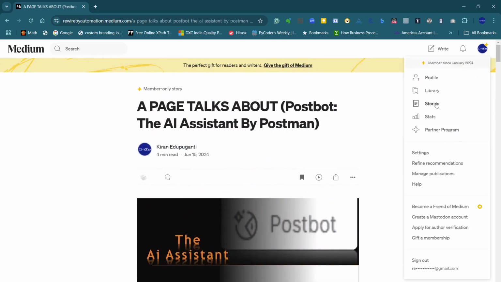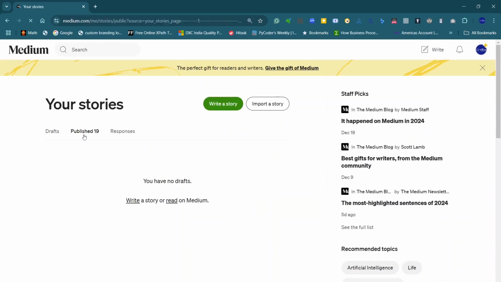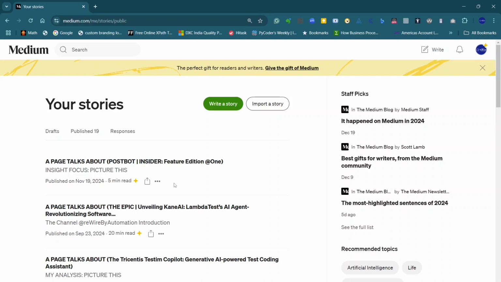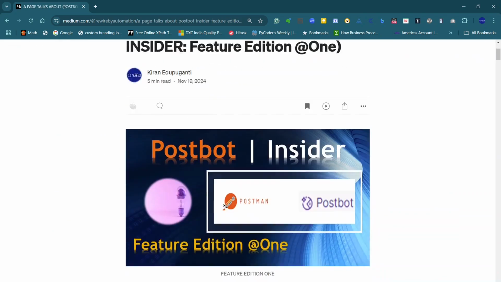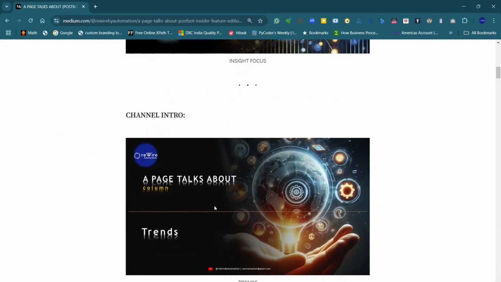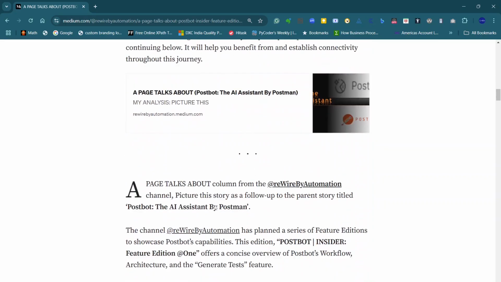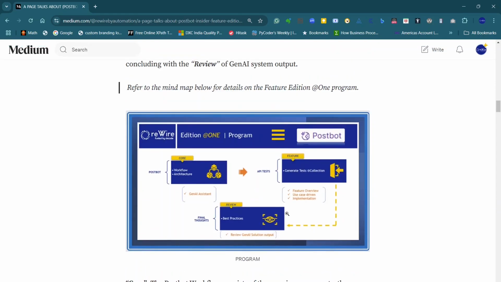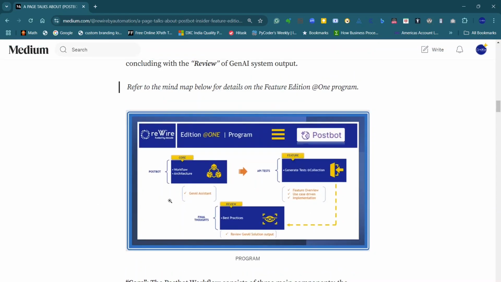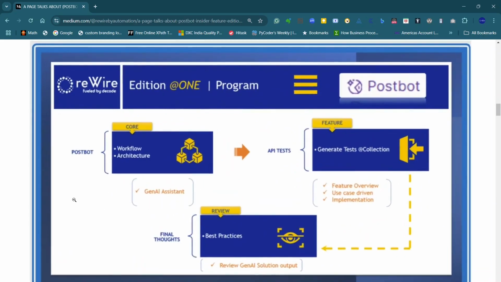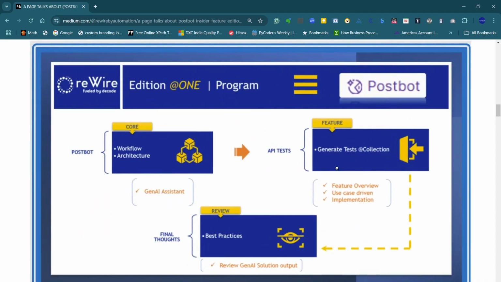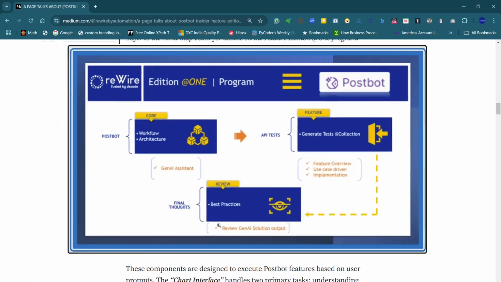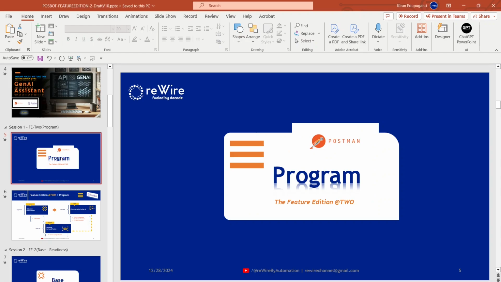A month back I published another story, feature edition 1, where I wanted to publish the key features of the Postbot, so that the audience can easily get to the core features of the Postbot integrated in the Postman platform. This is the quick program that I gave in feature edition 1. It starts with the Postbot workflow and architecture, the test collection, and best practices for review. In this program today, I'm going to present